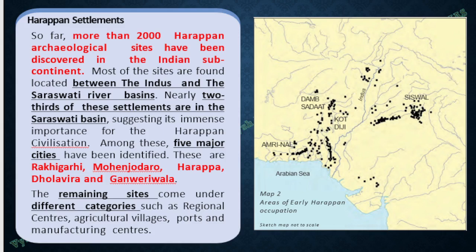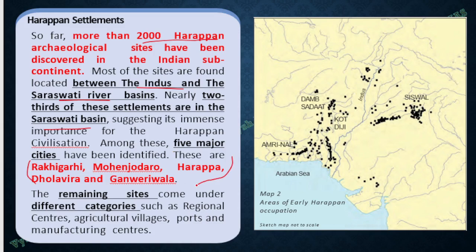So if you go a little bit further, there are 2000 Harappan archaeological sites discovered in the Indian subcontinent, and most of them are between the Indus basin and the Saraswati basin. So two-thirds of the settlements are in the Saraswati basin. And then 5 major cities, as I told you again, Rakhigarhi, Mohenjo-daro, Harappa, Dholavira and Ganweriwala, which I showed you